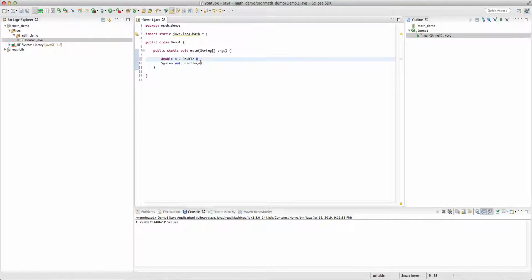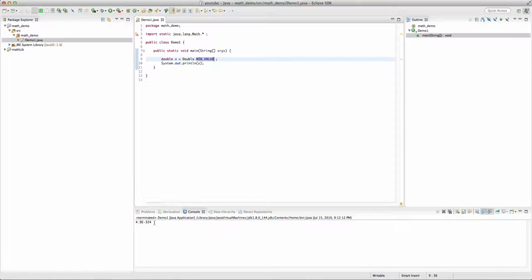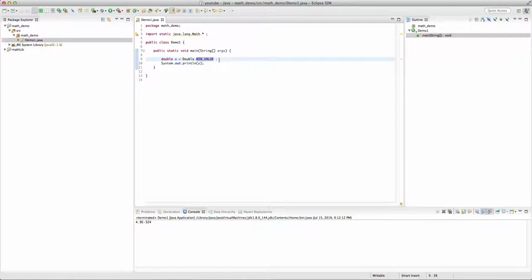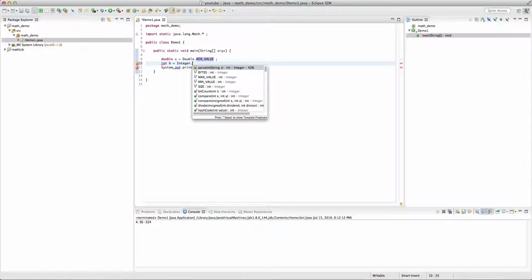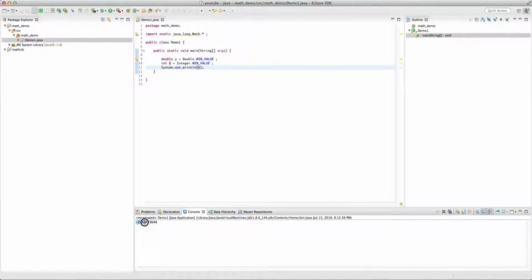Now MIN_VALUE, obviously I believe it should be the negative of this number, because doubles have no, actually it's not the negative, it's something very small. And we can also look at the integer, for example. int b equals Integer.MIN_VALUE, and print it: minus 2147483648. Okay,